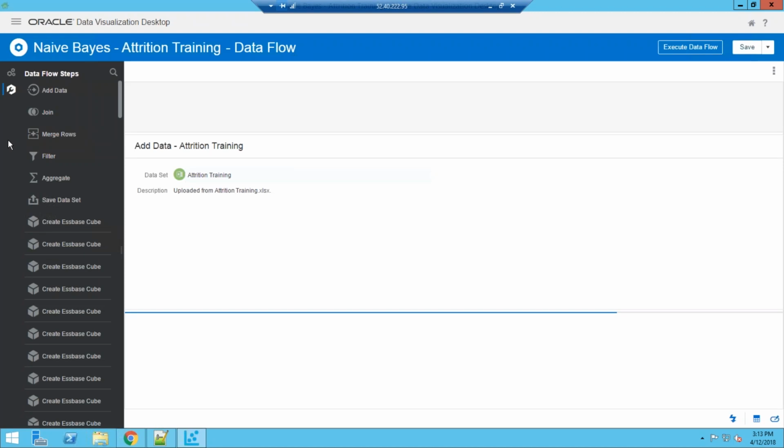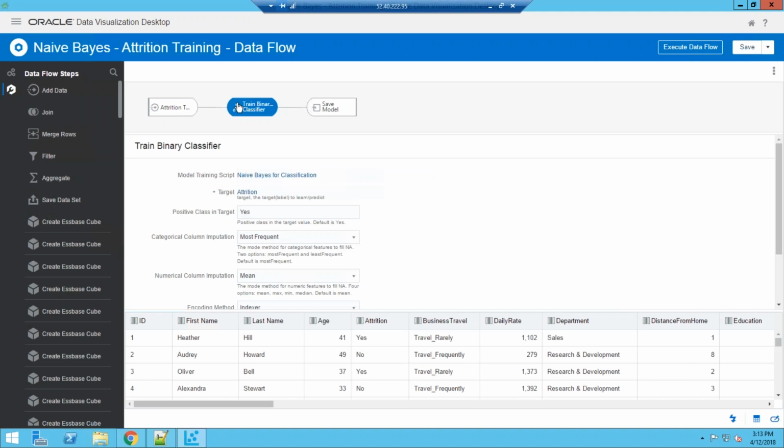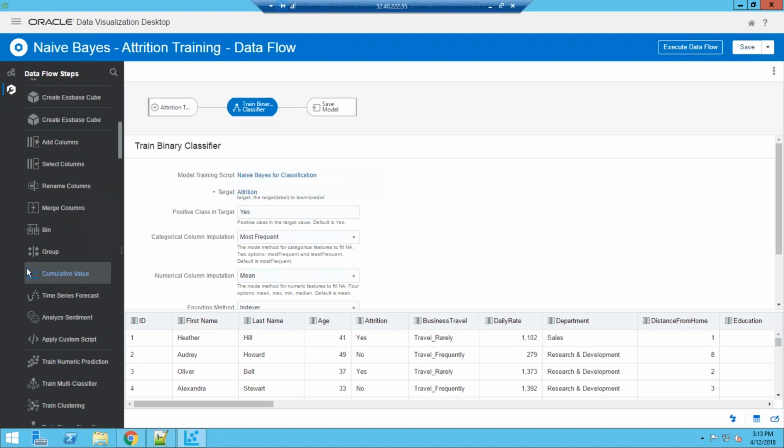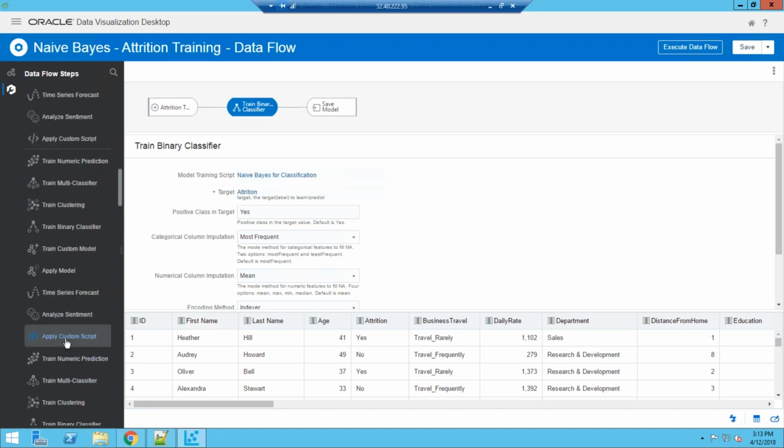The left side shows us a list of data flow steps that can be added to a particular data flow. Since the attribute for prediction is attrition, which has two values, yes and no, we choose the binary classification method to work with. Within that, we have selected the naive Bayes algorithm for this example. Instead of using a pre-built algorithm script, we can also upload our custom script by adding the custom script node